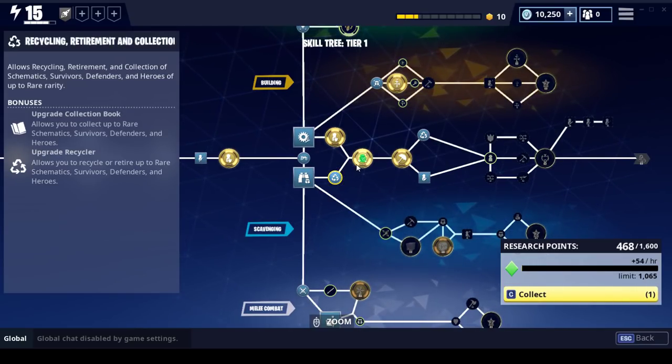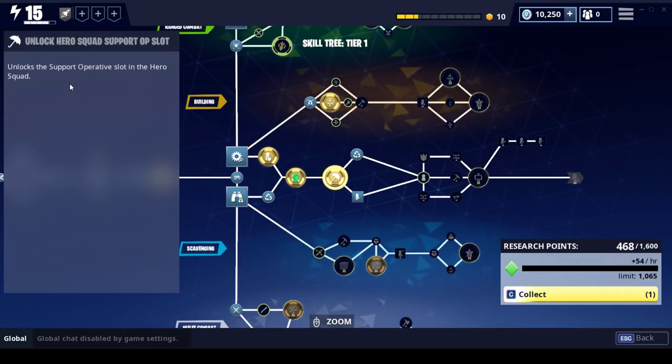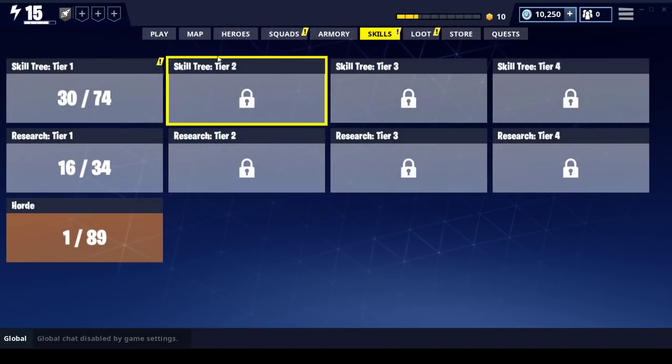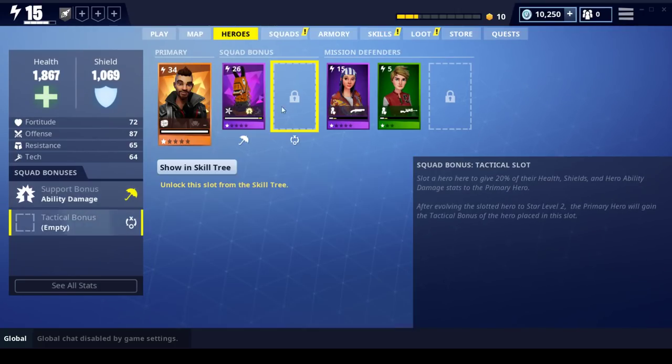So very important, grabbing this one as your first hero gadget as a heal. And then, for those not familiar, unlock support operative slot in hero squad. This one is huge to get as soon as possible. Hopping over to heroes, this is what it unlocks. And this, as you can see over here,